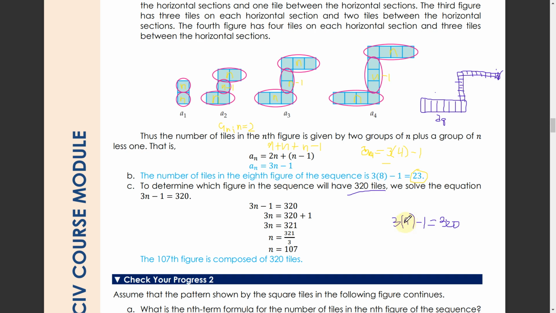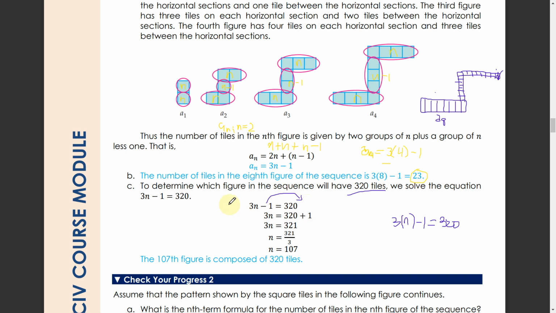Ikapila siya nga term, no? Kaya ang n kay pasabot man na niya kayang term, no? If nada siya 320 tiles. So that's why we have 3n here minus 1 is equal to 320. Then atong gibuhat kay transpose nato ni siya si 1 dari, no, from negative siyang positive